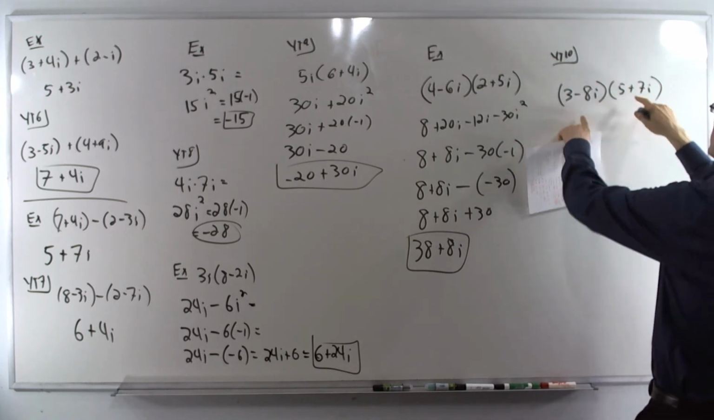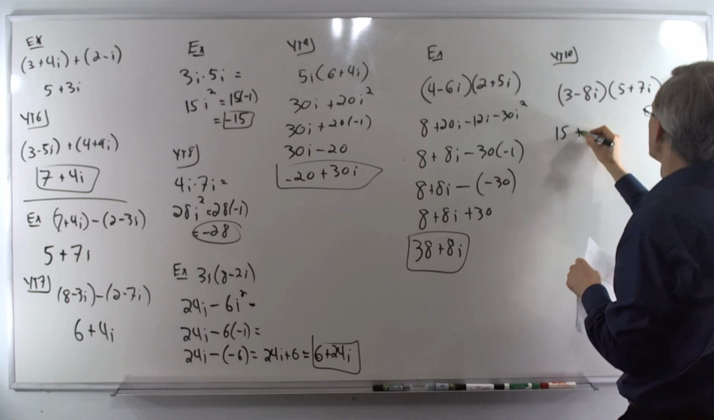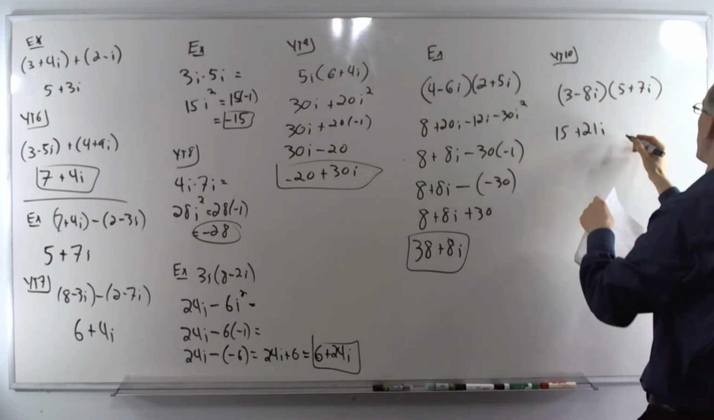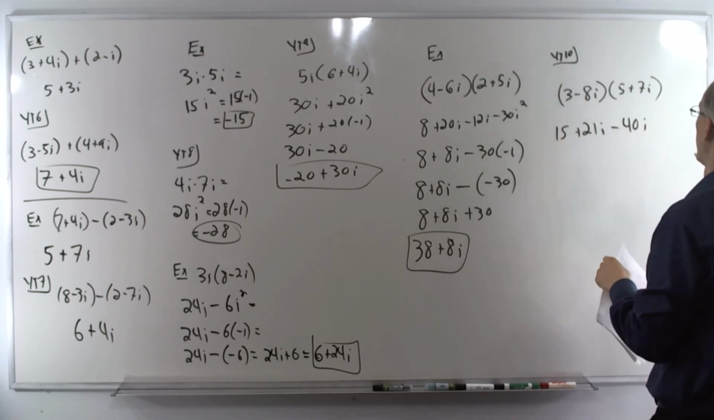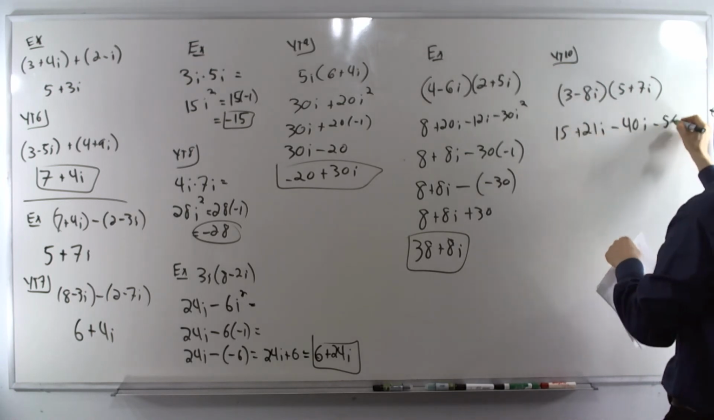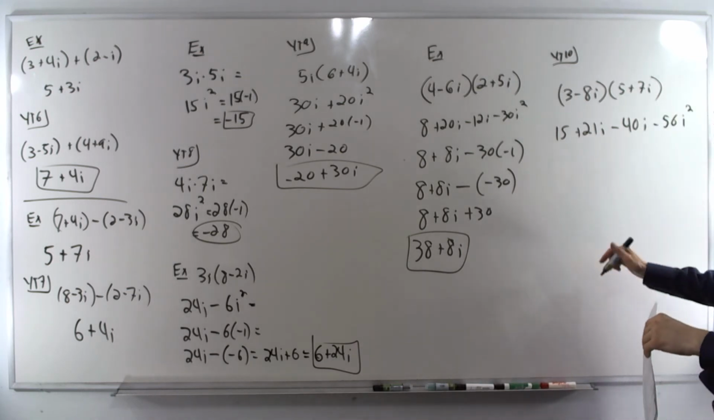FOILing. 3 times 5 is 15. 3 times 7 is 21, so we get 21i. And here we got negative 8 times 5 is negative 40, so negative 40i. And negative 8 times 7 is negative 56. i times i is i squared. Combining like terms,